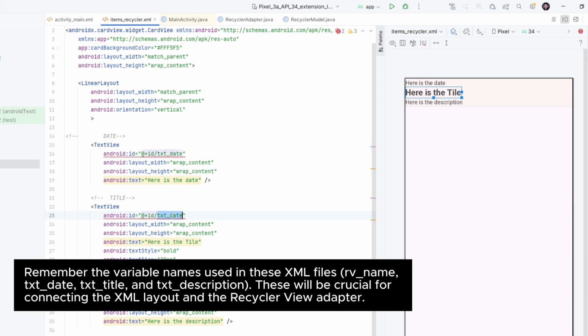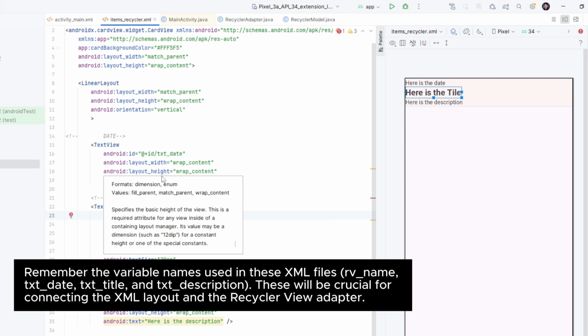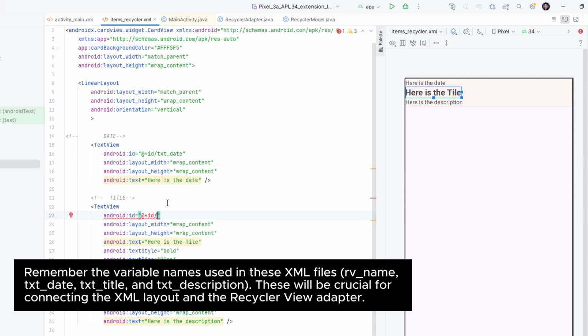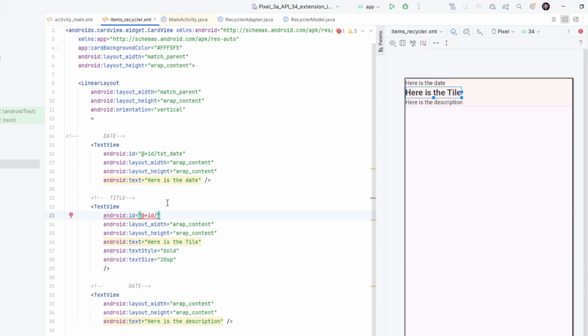This will be crucial for connecting the XML layout. So make sure to remember this, or we can return to this later. Text title, and here for the description, we can change the ID to description.